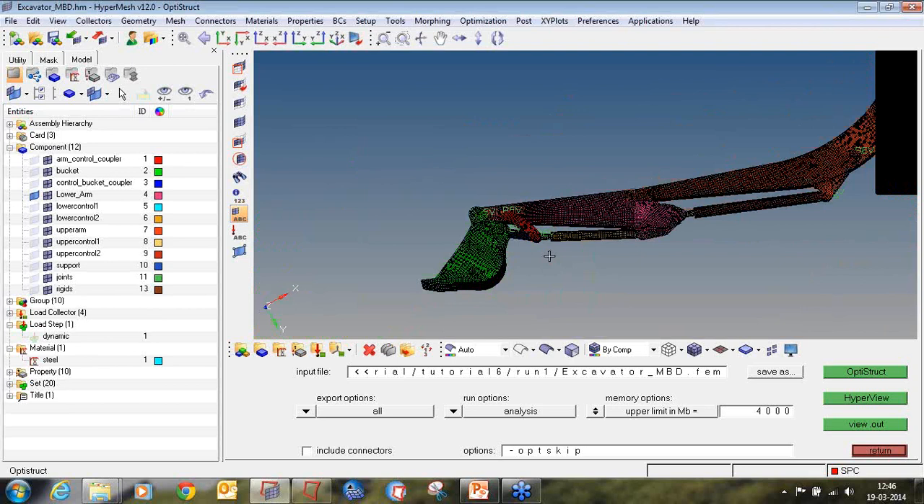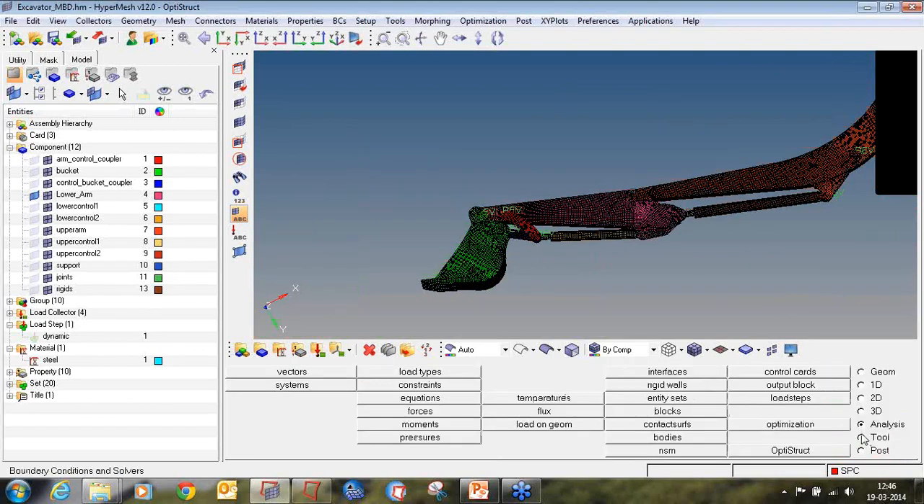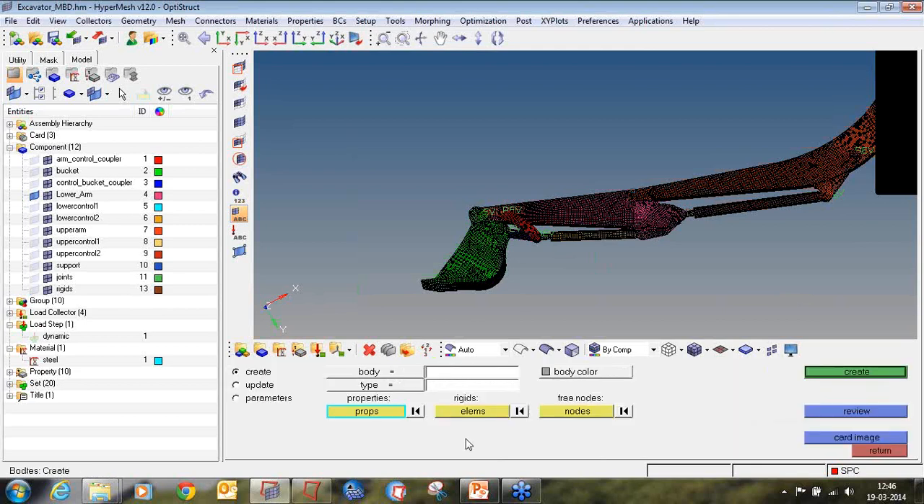Its original models are rigid bodies and need to be converted to flexible bodies for the optimization. So we will just convert the rigid bodies into flexible bodies for the optimization. So we'll click return. On the analysis page, we will click on bodies, select update,